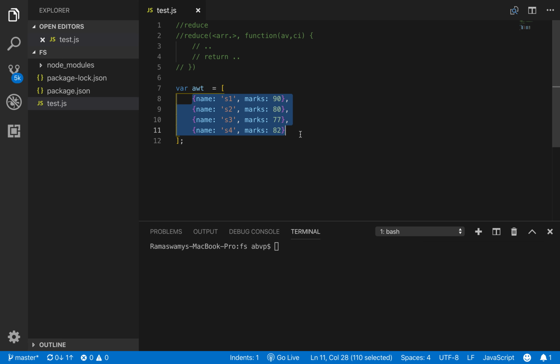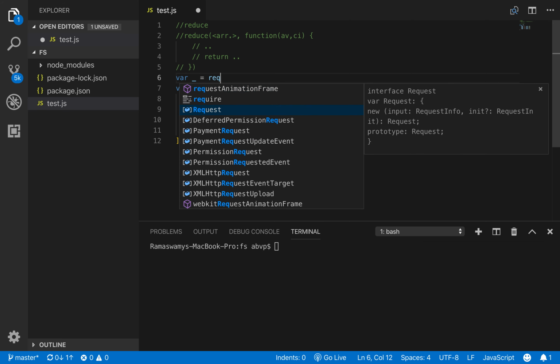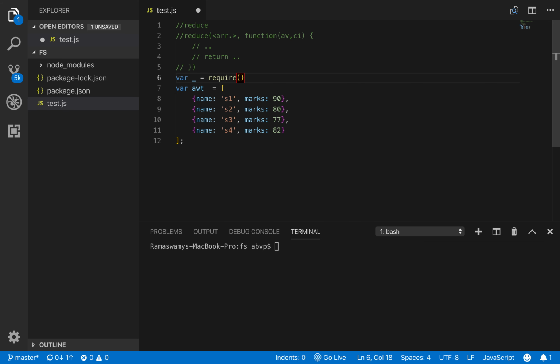Now, to find the average marks without using procedural style, we can use reduce in a functional style. So let us first include the Lodash library so that reduce is available to this script. So, variable underscore equal to require Lodash.